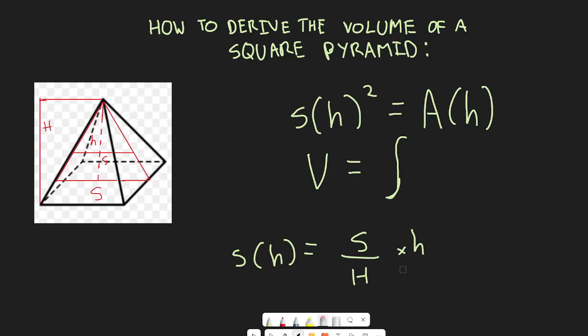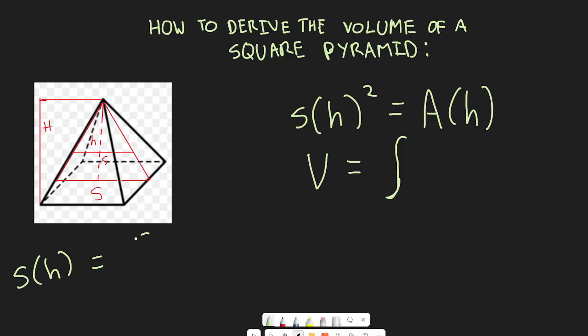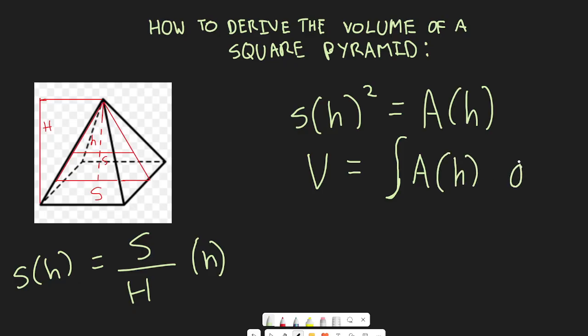Okay, so erase that, and let's erase this for now. You could write that down, or I'm going to write it down here again. So S of H is equal to S divided by H multiplied by small h. Okay, and over here we know that the volume is equal to the integral of A of H dh, because